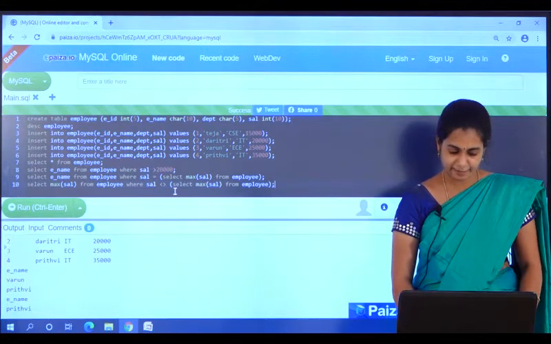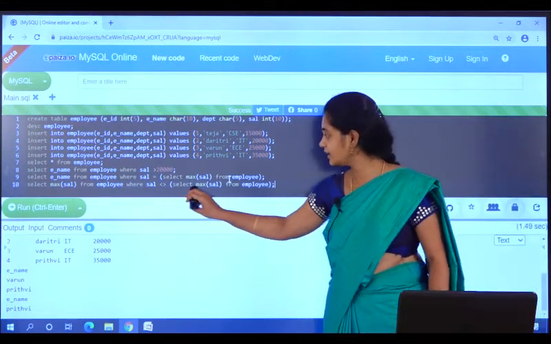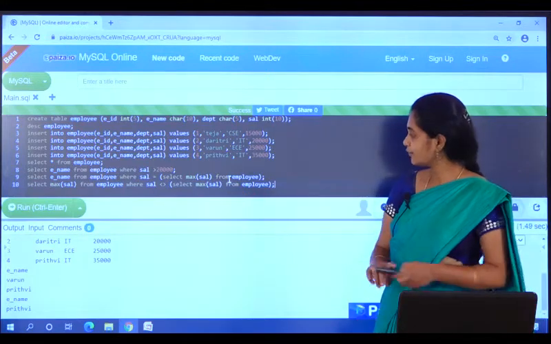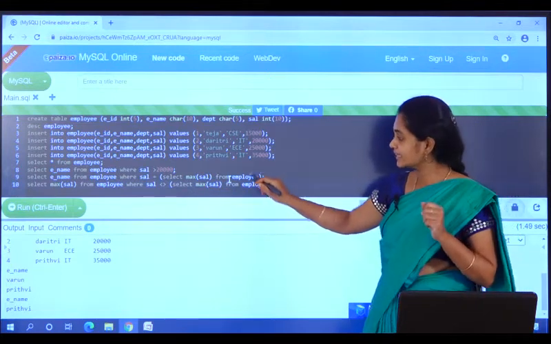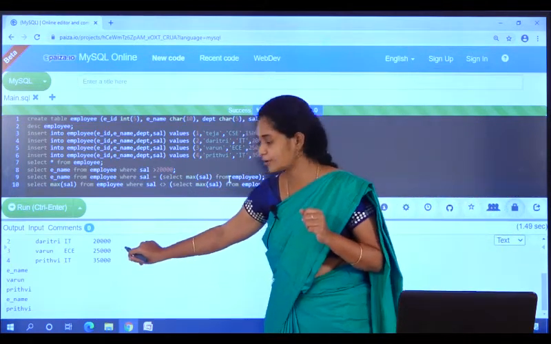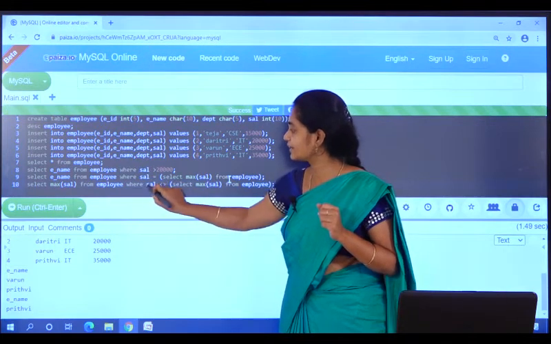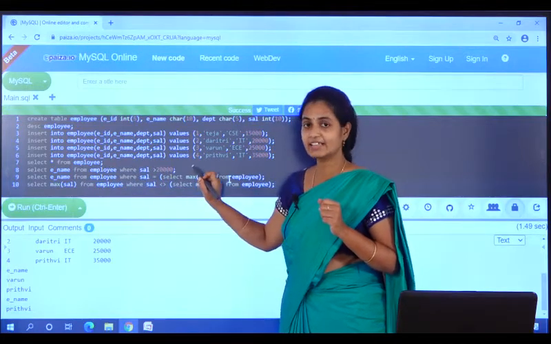Okay. So, what happens? First this inner query will be run, and when this inner query is executed, what will be the output? The highest salary will be the output, 35,000. Now it will compare the salaries from the employee table and 30,000.